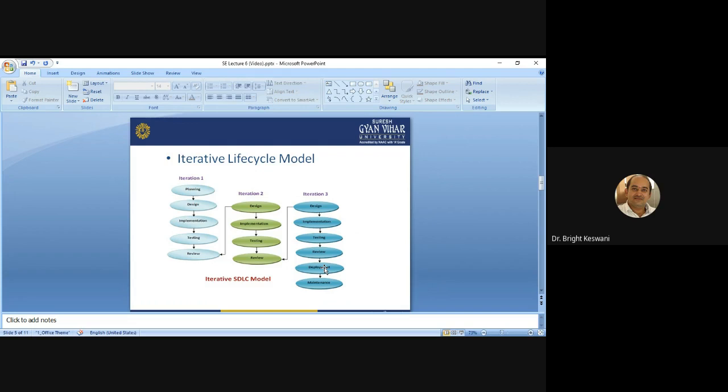You are producing the first version of the software, then reviewing that version, then repeating all the phases, all four important phases as per this life cycle. We should repeat all four phases, that is requirement analysis, design, implementation and testing, and review.